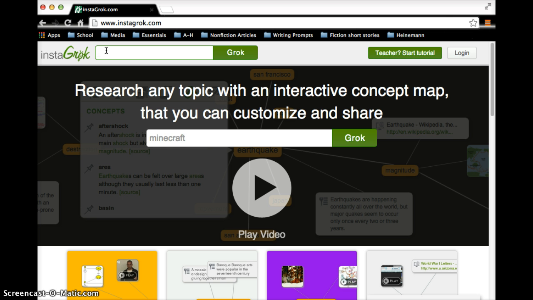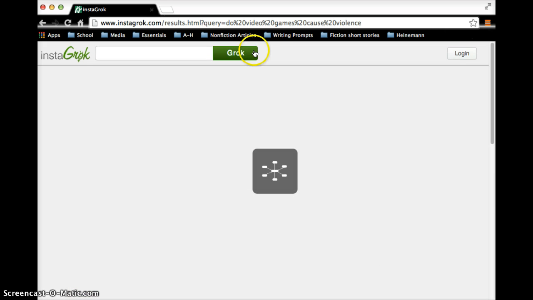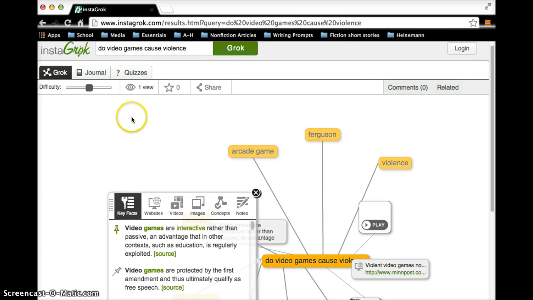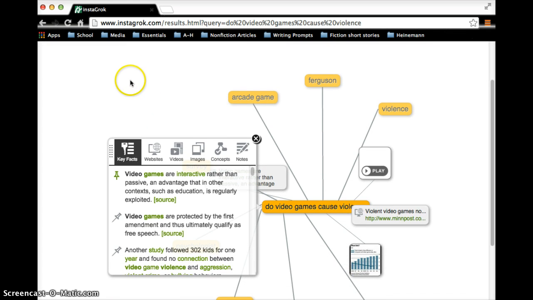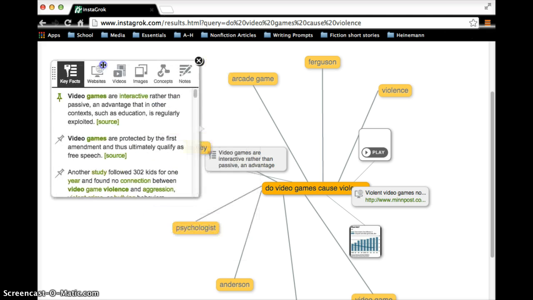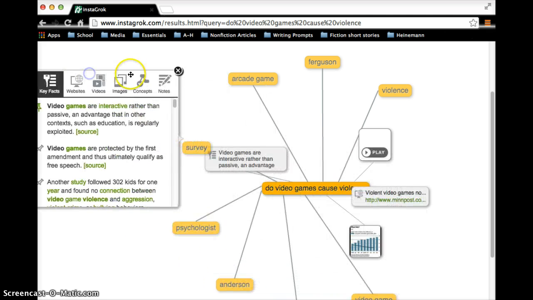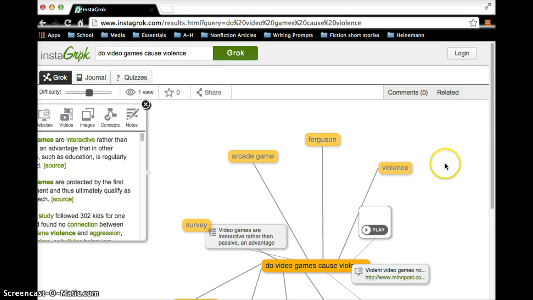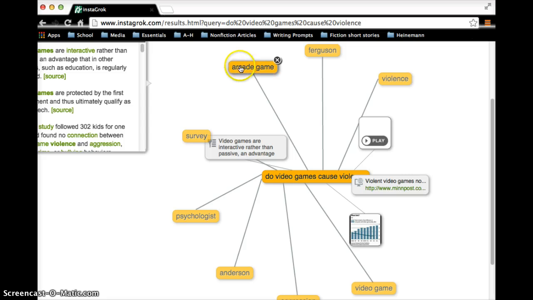I'm going to take that statement and come up with something like this to search with. Do video games cause violence? And we can grok it and see what comes up, and I'll show you the pieces from there. As I search for that, we get a word web that comes up, and I'm going to move this little key facts window to the side, and we'll come back to this and just see what the word web looks like. We get arcade game, Ferguson,